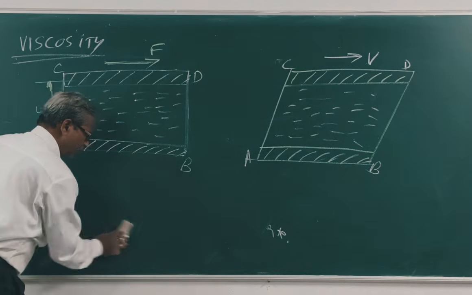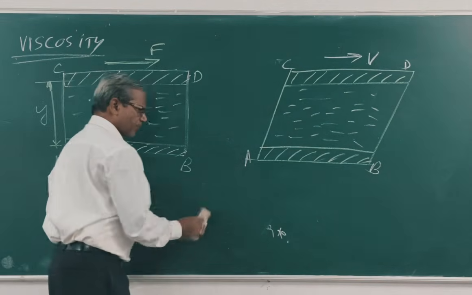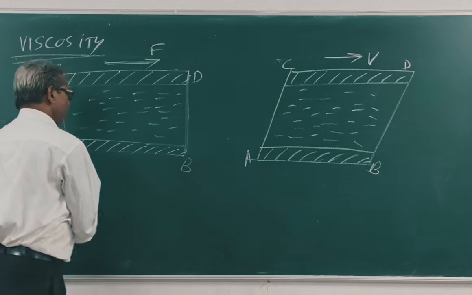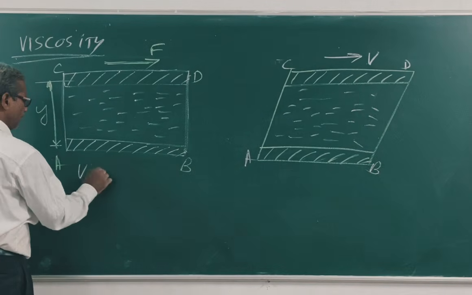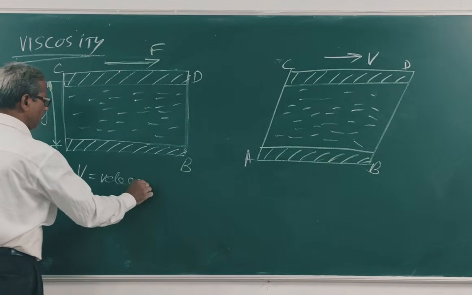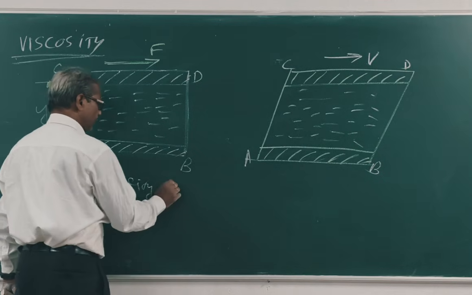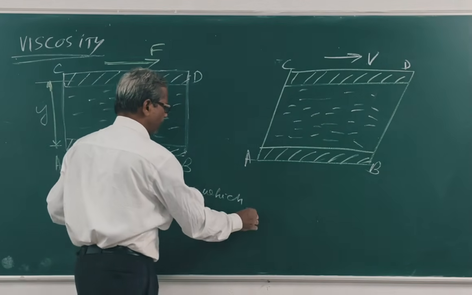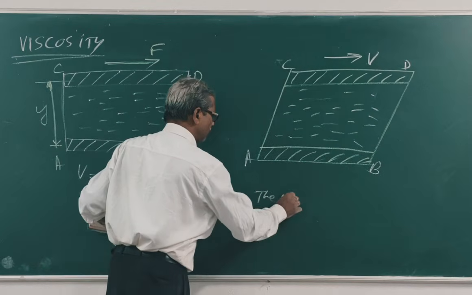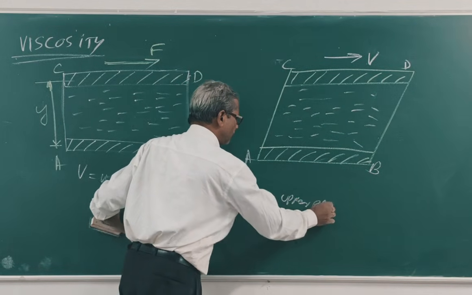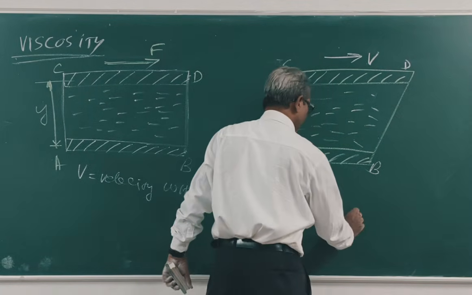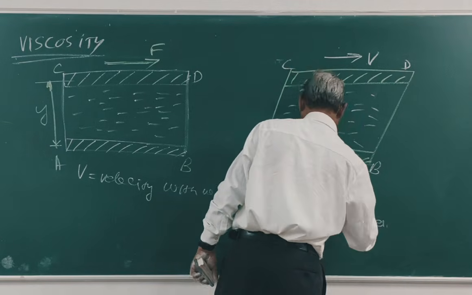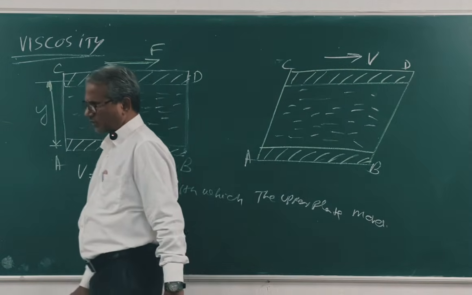B is the velocity with which the upper plate moves. Clear? Now, the upper plate F